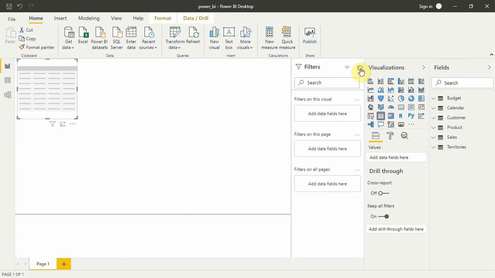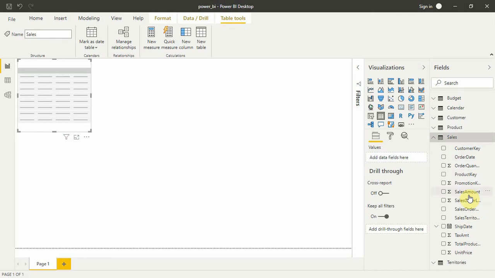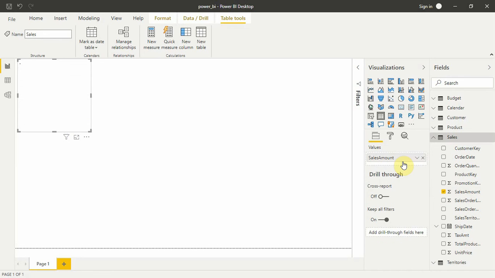You can see these three things: these are values, this is our format, and this is our analytics. In values, we put the values, so we'll put the sales amount. We go to sales, take the sales amount, and click on it. This will be added to the values.